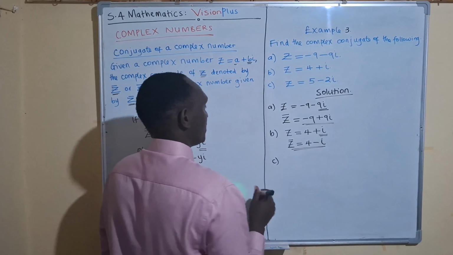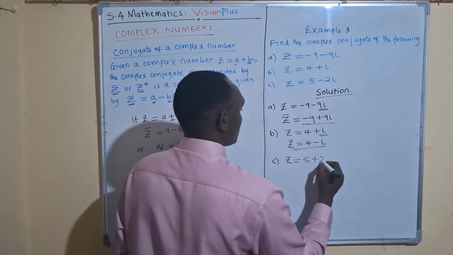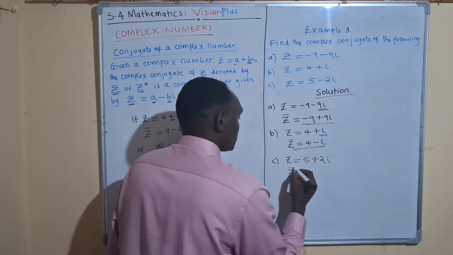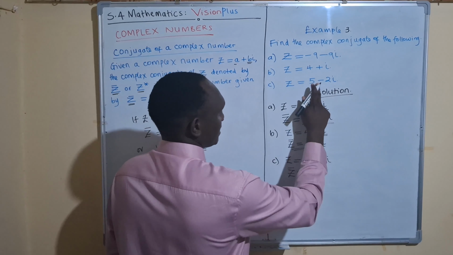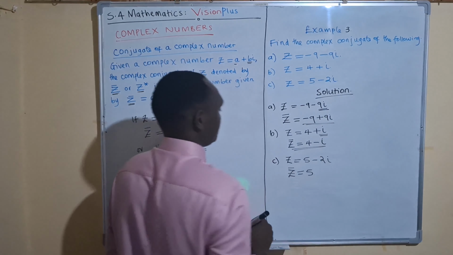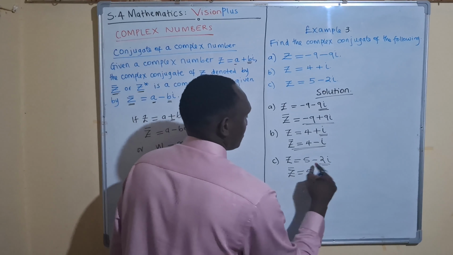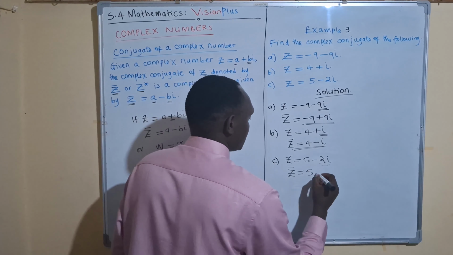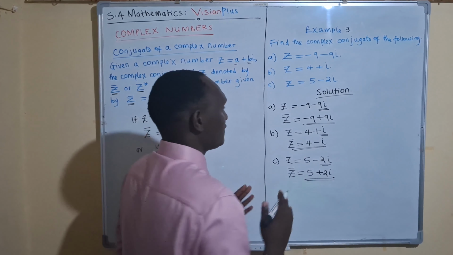The same applies to part C, that is z equals 5 plus 2i. Z conjugate becomes 5, it is minus in this case. So the answer would be, we need to change this sign, only the sign before the imaginary part. This one here would give us plus 2i. Everything remains